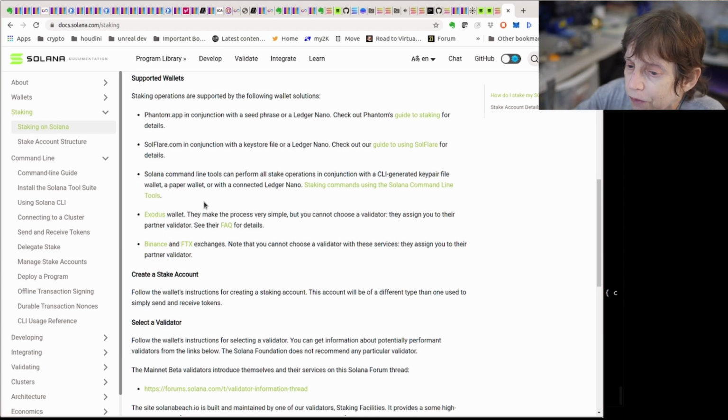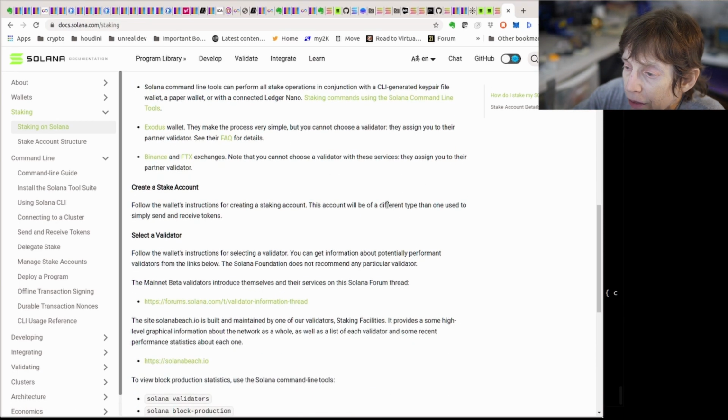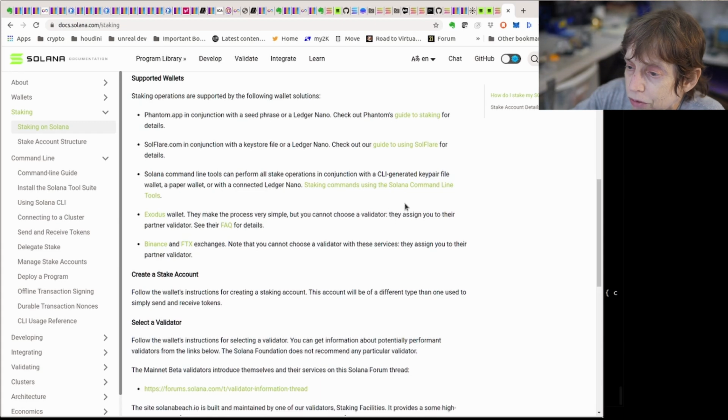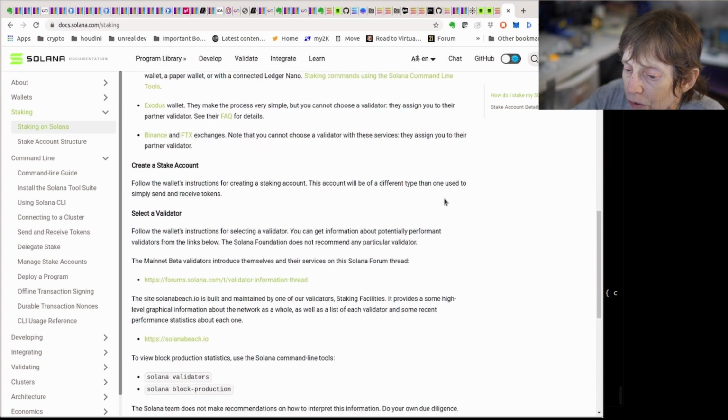Now, be aware, if you're using one of these, they're going to assign you their partner validators. That's not necessarily a bad thing, because they've probably done some kind of checking on their own, so you're not getting some random validator, especially if you're going with a big, well-established company like Binance. The other thing, if you are doing one of the other methods, using the command line, or using your Nano and staking through Solflare,